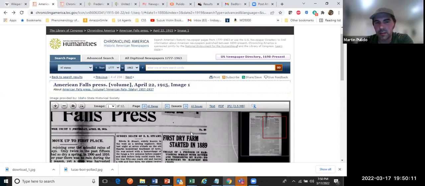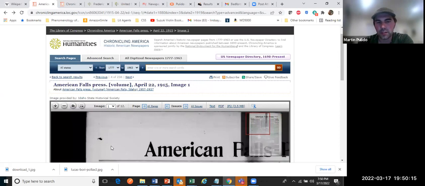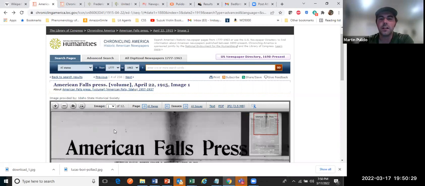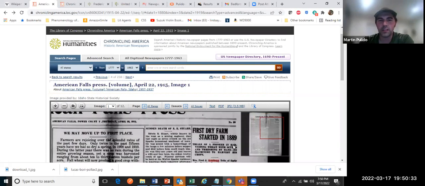It's number 28, right? That is actually helpful, and the volume is 13. So when I save an image, or if I take some snippet, I should make sure that I try to gather the full information on the article where it came from. That American Falls Press, volume 13, number 28, and it is page 1, and the title of the article is this. I know that's annoying, but it does help other people be able to research and corroborate what you're claiming.